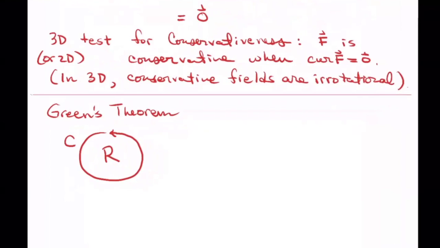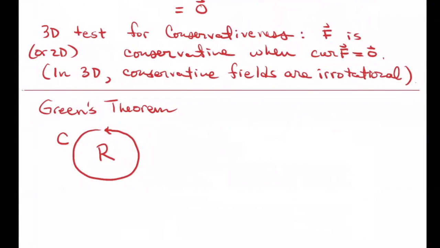What Green's theorem said was, and there are a couple of different ways to say this, the simplest is that the line integral around C counterclockwise of F dot dr. That's just a work integral, but it's also sometimes called a circulation integral because you're taking the component of the field that points in the direction of displacement. That's what F dot dr does. It multiplies by a bit of arc length and adds it up. That this is equal to,